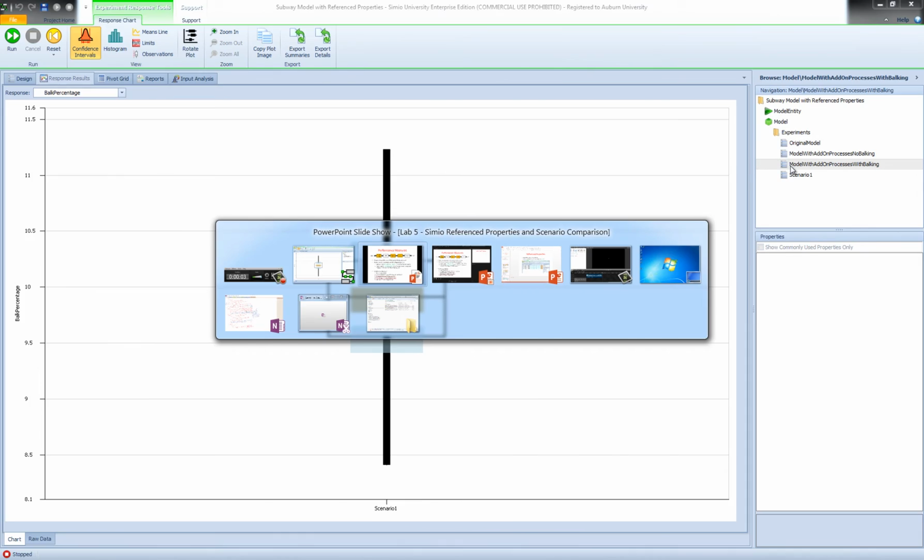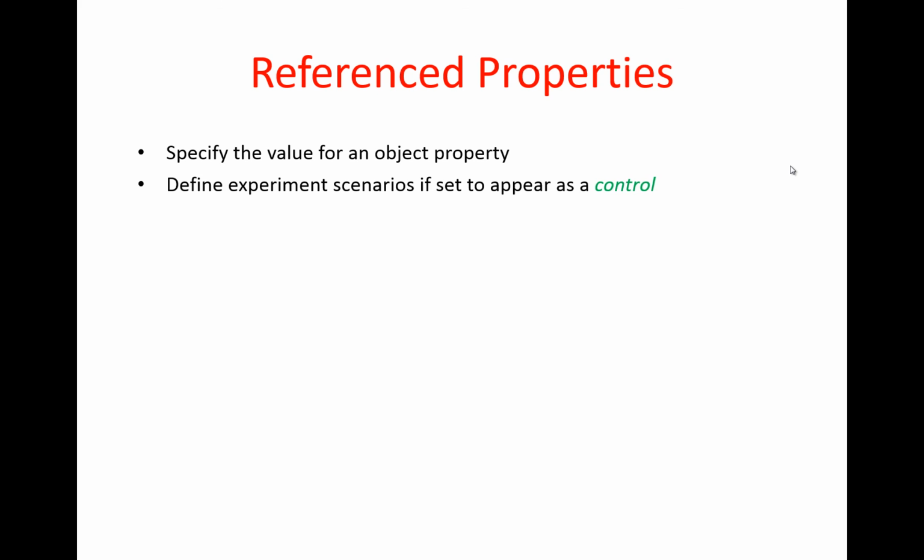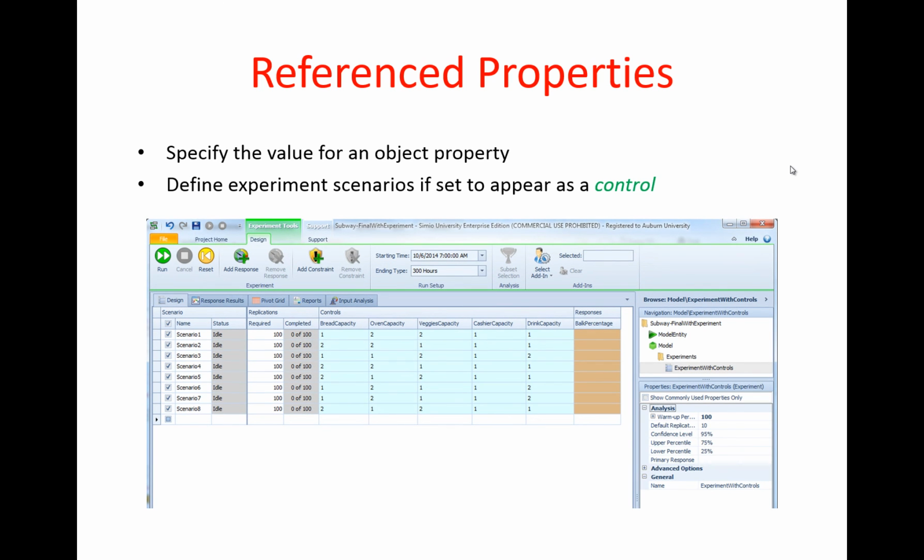So let me go back to my slides and talk about referenced properties. A referenced property is used to specify the value for an object property, just like any other property that we have in our model. However, they have a specific functionality which allows us to facilitate experimentation with multiple scenarios all in one experiment. So in particular, if we set a reference property to appear as what we call a control in our experiment, then as you can see in this figure, we will be able to run multiple scenarios in one experiment and